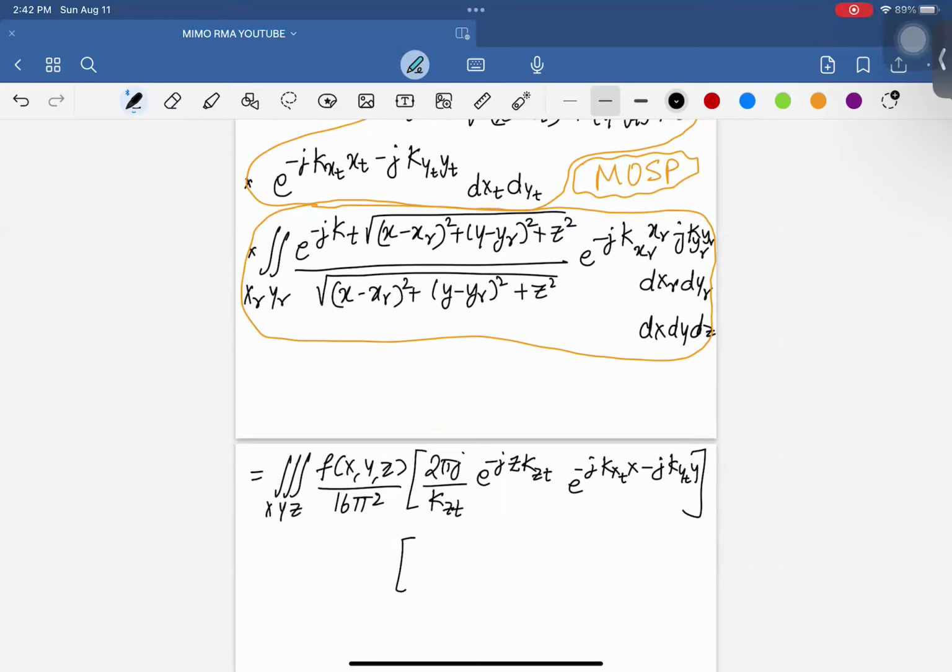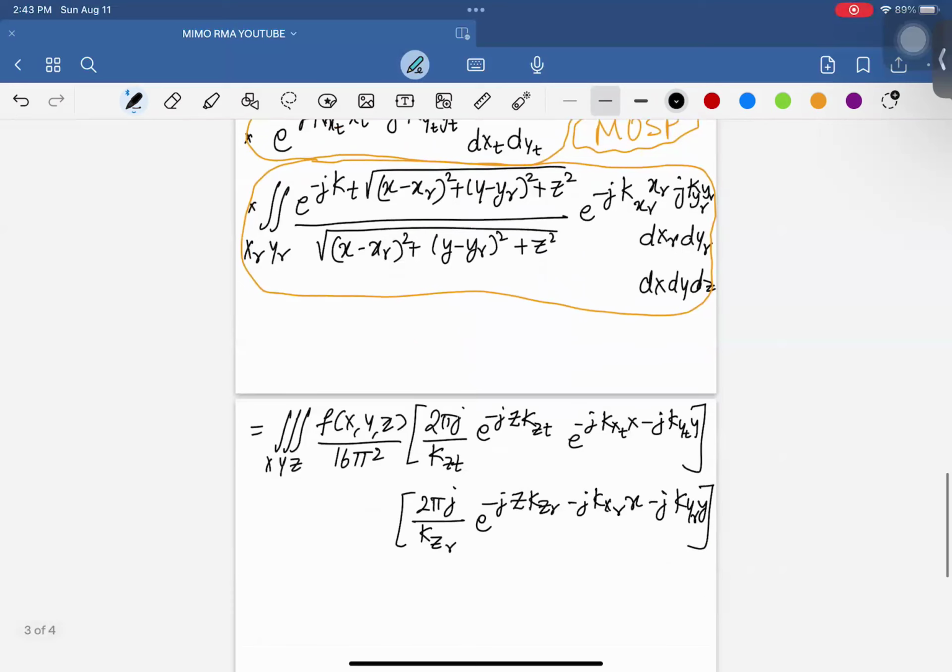And the second integral is the same again, divided by kzr, e to the minus j z kzr minus j kxrx minus j kyry. Okay,